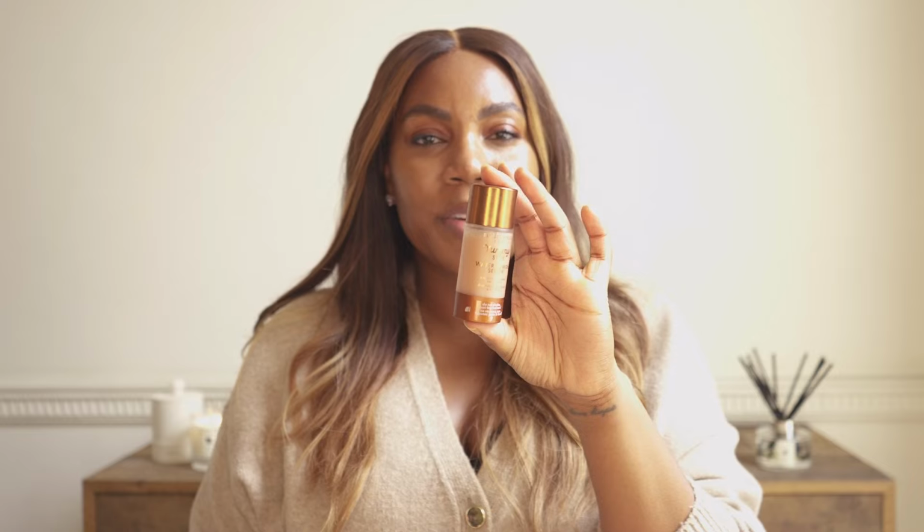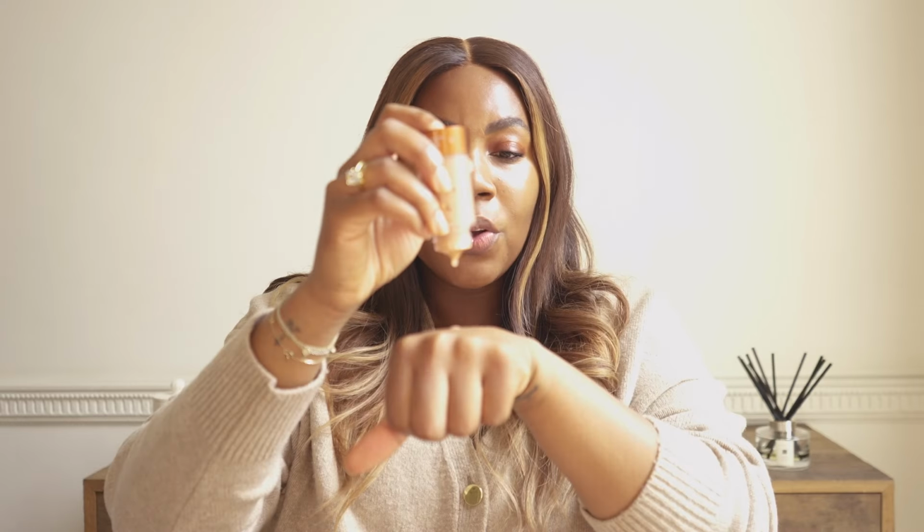I really like to focus on areas such as my T-zone, on the nose, the top lip. I always get a sweaty top lip, my chin, and also my forehead as well. I like to leave the other areas of my face to have that gorgeous glow. And then this one by Danessa Myricks Beauty is super innovative. All you need is a couple of drops, and then I always like to warm it up on the back of my hand and then press it into the skin. And this will really help to eliminate any excess shine, but also keep your skin nice and matte throughout the